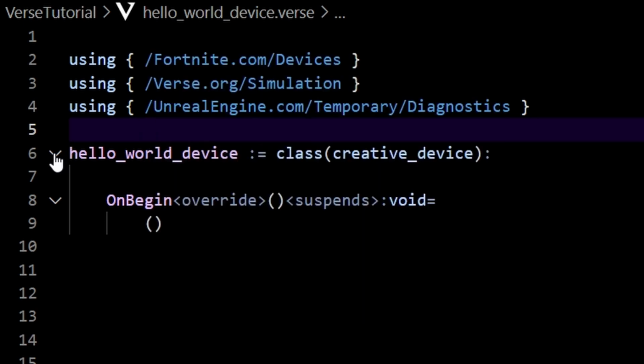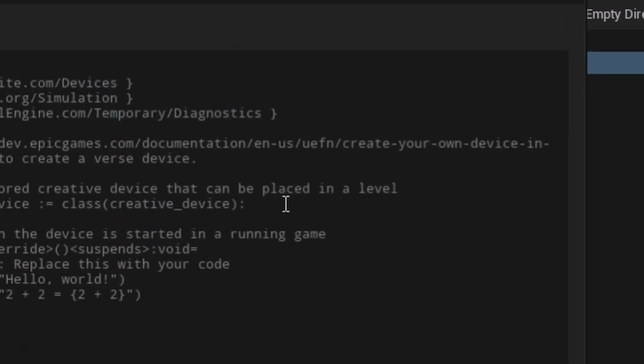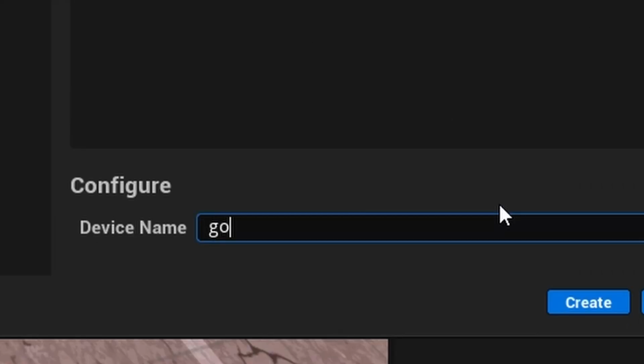Now we've learned many things so far, but how do we actually use all of this stuff in UEFN? I'm just going to start off with a new file. We're going to go into content and create a new Verse file. We're going to make a device that will be able to grant the player some gold. So we're going to call it the